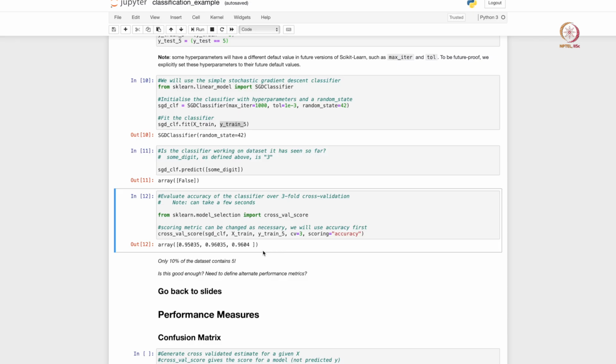So the total number of 5s in your data set is actually just 10% of the entire data set. About 7,000 of your 70,000 images are 5s, the rest are all not 5s. If your model just predicts that everything is not 5, so it makes 70,000 predictions of not 5s, it will still have an accuracy of 90%.